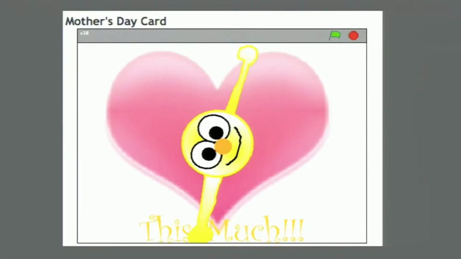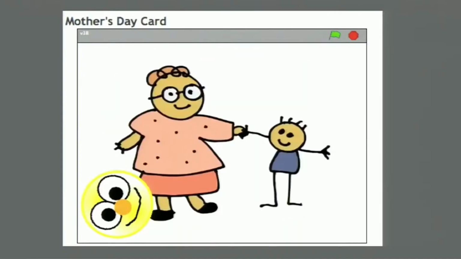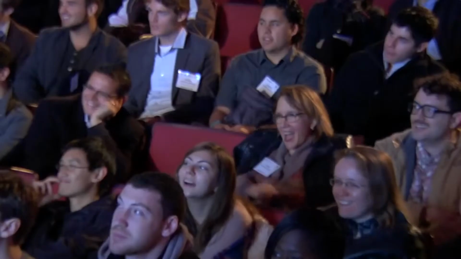So I really enjoyed looking at these projects and interacting with these projects. In fact, I liked it so much that instead of making my own project, I sent my mom links to about a dozen of these projects. And actually, she reacted exactly the way that I hoped that she would. She wrote back to me and she said, "I'm so proud to have a son that created the software that allowed these kids to make Mother's Day cards for their mothers." So my mom was happy, and that made me happy.